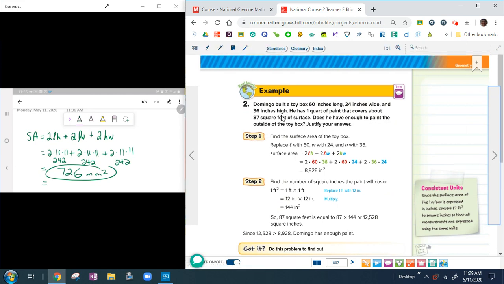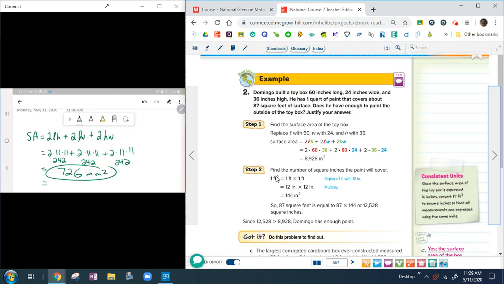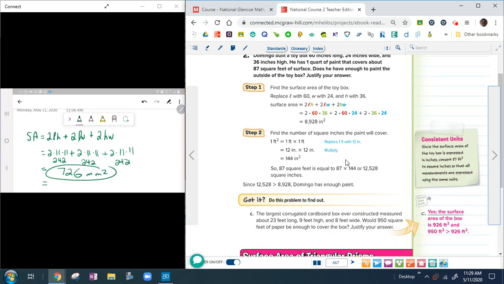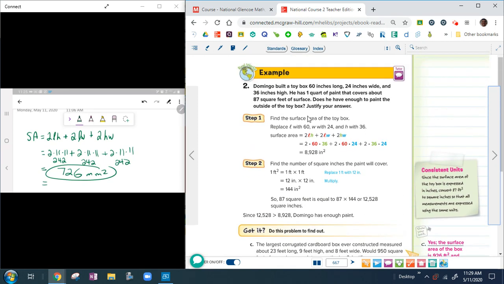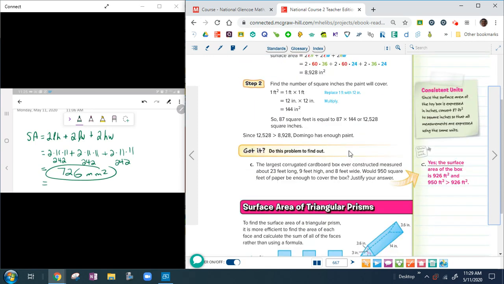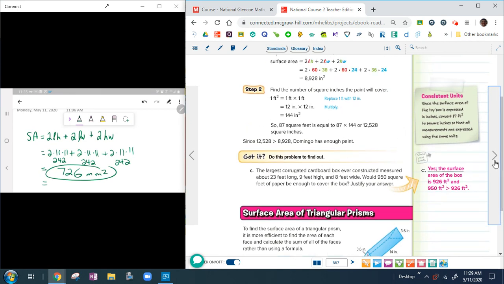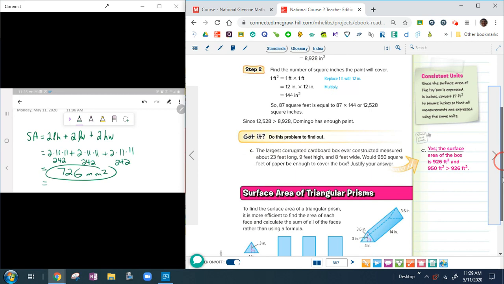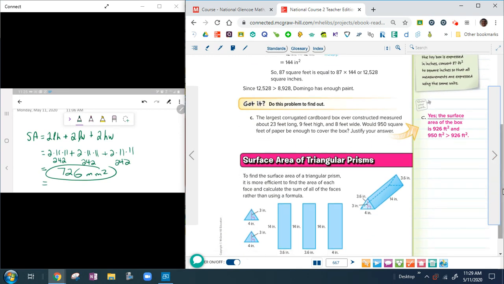Now, we're not going to focus in too much on this problem. I think it's just a little bit too challenging. You can read it through and see if you can figure it out yourself. The idea here is that it's talking about painting something or covering a surface. Covering a surface is typically an area idea, so that's the big thing that you have to grasp. If you're wanting to paint your bedroom and you need to know how many gallons of your favorite color, that sparkly light green so you can feel like a princess,